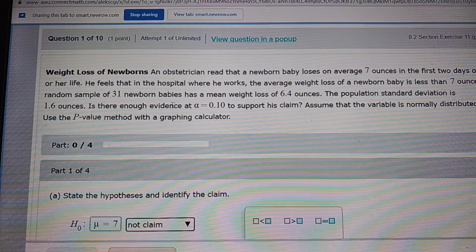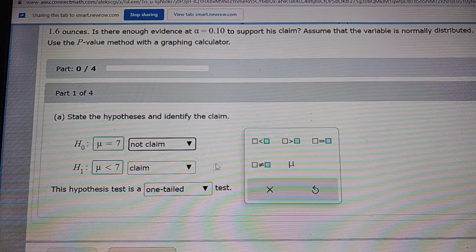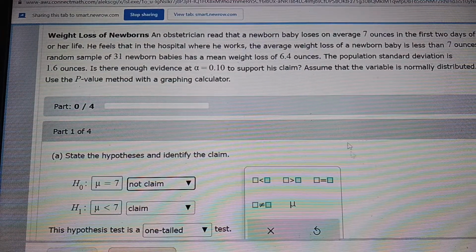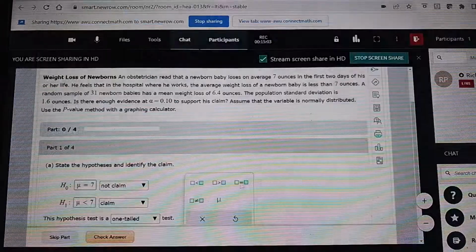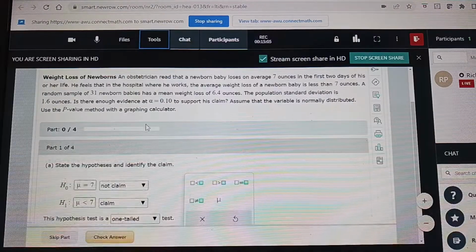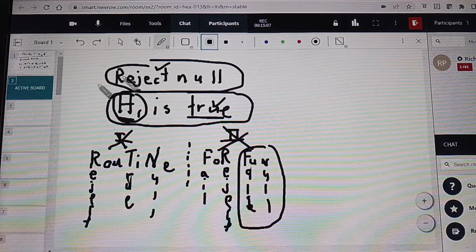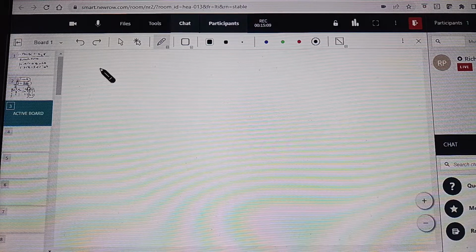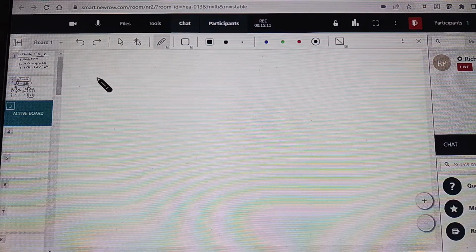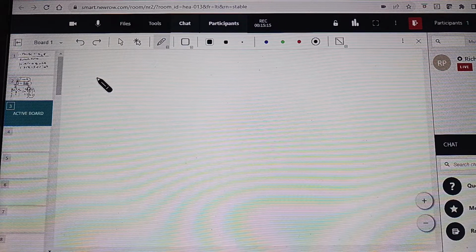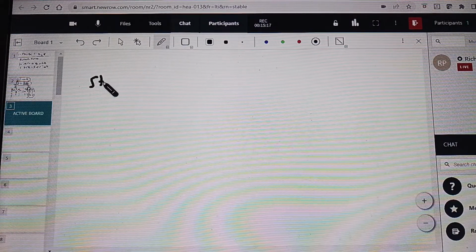See, they even said that: can you support his claim? And I already said that's what we're going to say at the end. They put this in the paragraph sometimes, maybe about half the time. So you'll do your step 1 on the test. On the test, I wrote the paragraph out, it's all free response, and then it literally says step 1,